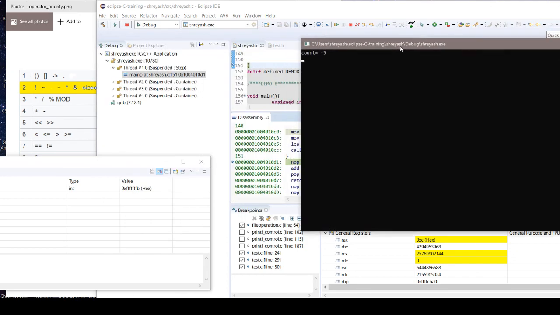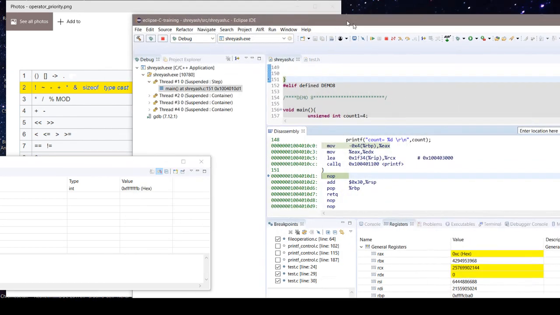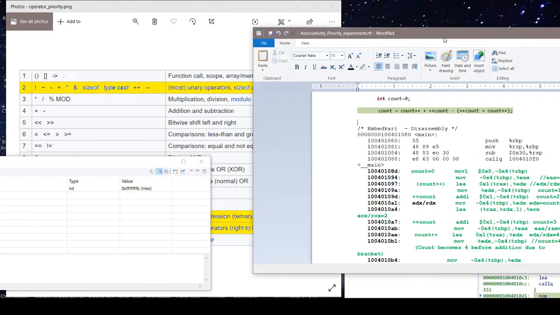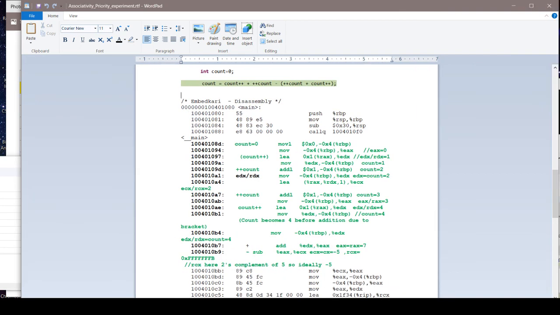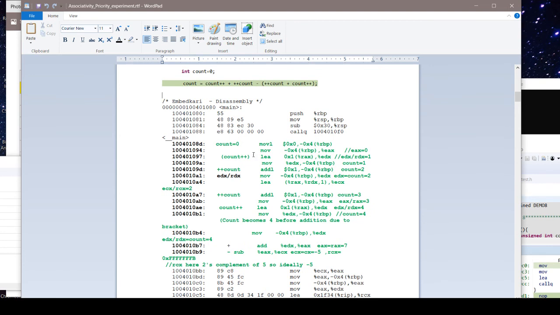I have basically simplified it here, for better understanding in a text format of how it happened. This is that assembly. Here you can see the sequence. Here count is assigned 0, then it was incremented, but it was just loaded to another register and added later.